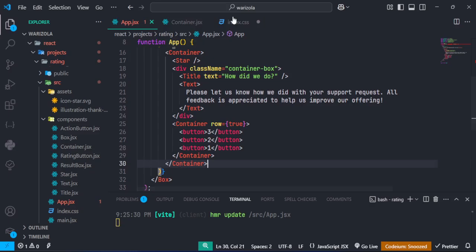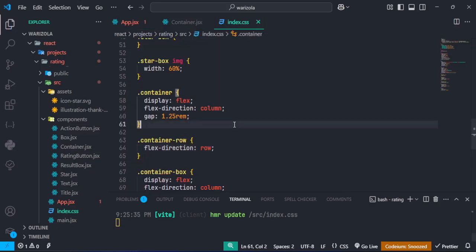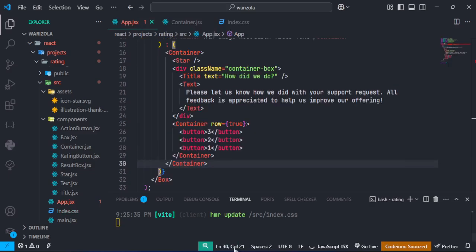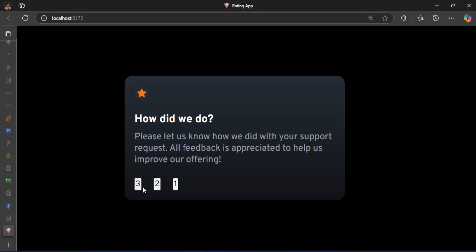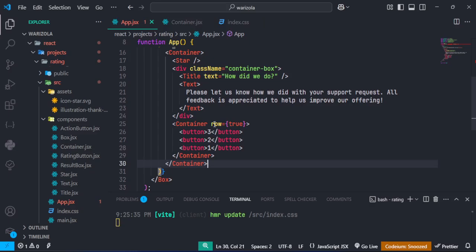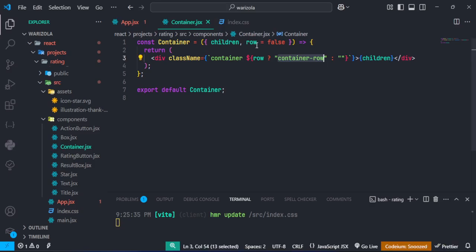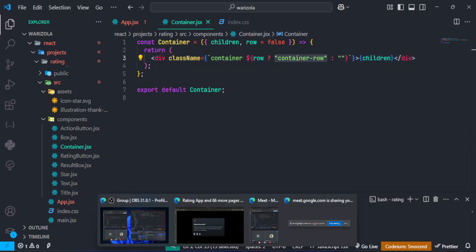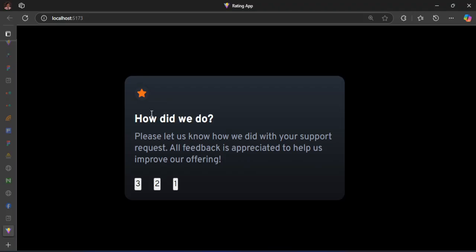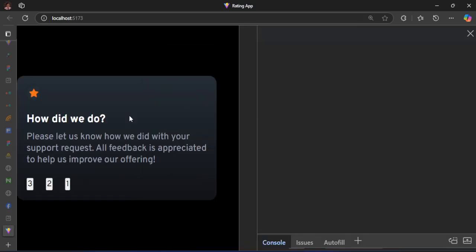So now save the code, go into our CSS, save that one too, and go back to the page. And as you can see now, it's placing them side by side. Why is it placing them side by side? It's because our component is receiving this props, which is row. And once it receives that props row, it will check whether it is true. If it is true, it will add this CSS to the list of what is going to be there. For example, here, inspecting the code and checking the container that we're using to group everything together,